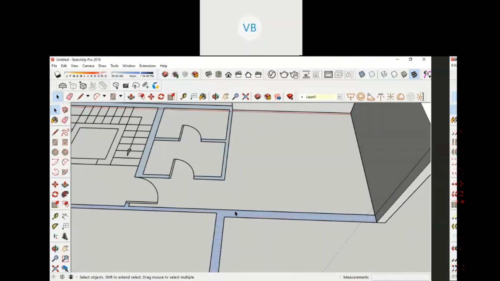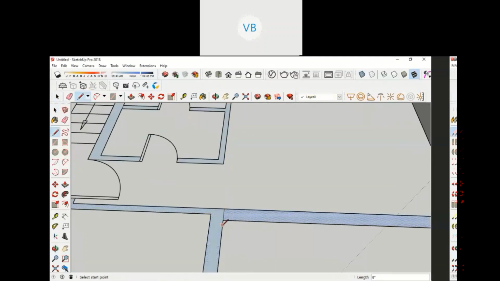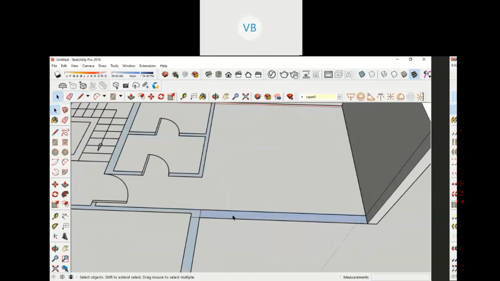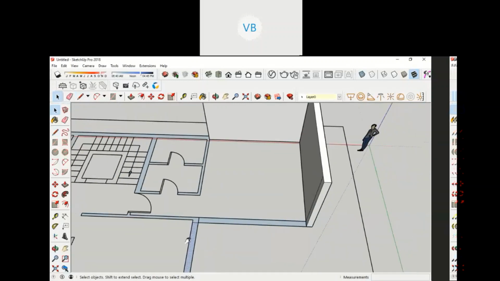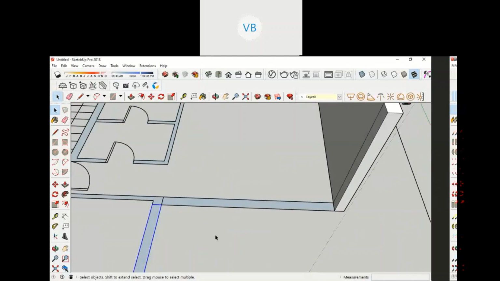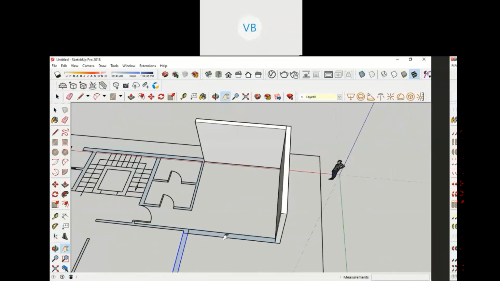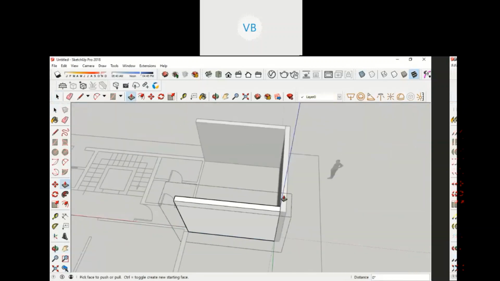For example, there are other things, right? Heights which I've already mentioned, I'm just going to say it again. So for example, okay, I made this into a group, and I made this into a group. Now see, what's happening is, I'll tell you. When I double click on it, automatically the height comes here.